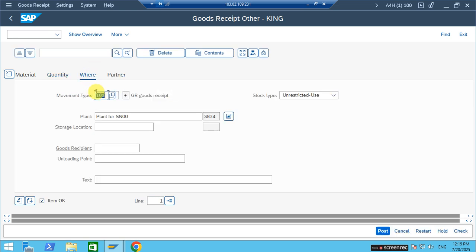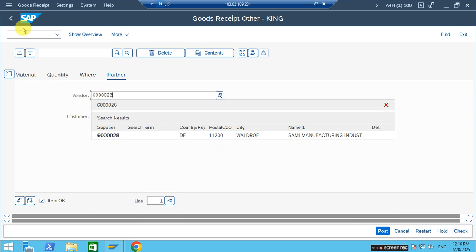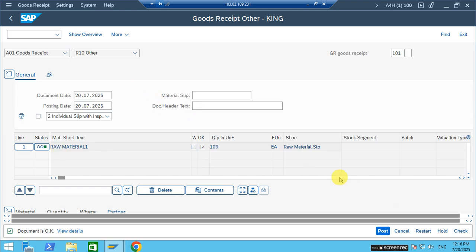In the where tab, here I am entering plant code as RP01, storage location as 0001, and in the partner tab here I am entering partner or vendor as 60028. Now click on the check button. See, now we are not getting an error, okay, the system is saying this document is okay for posting. Now if I click on the post button,